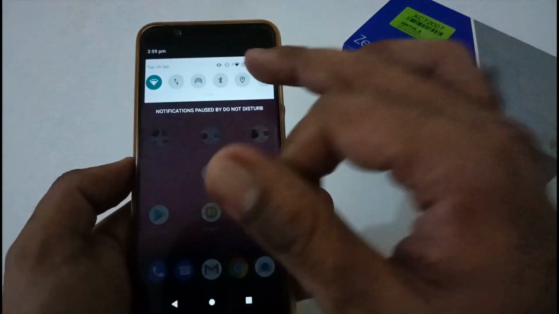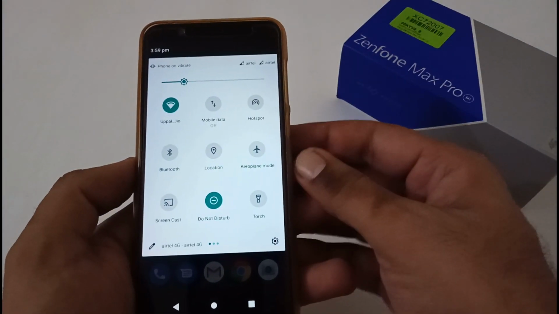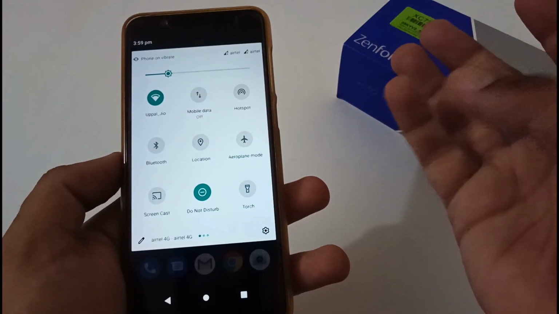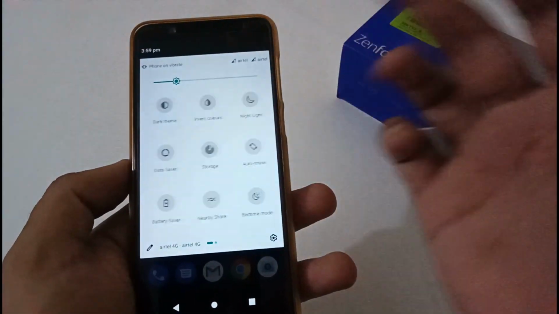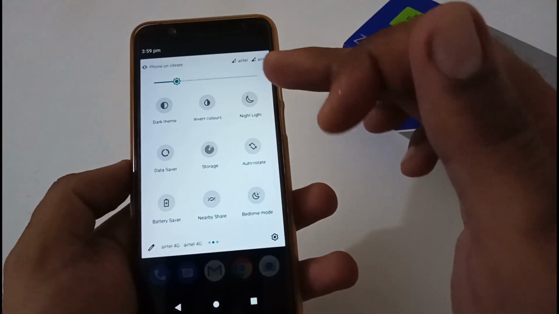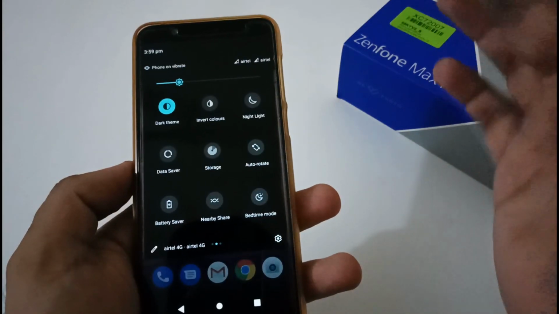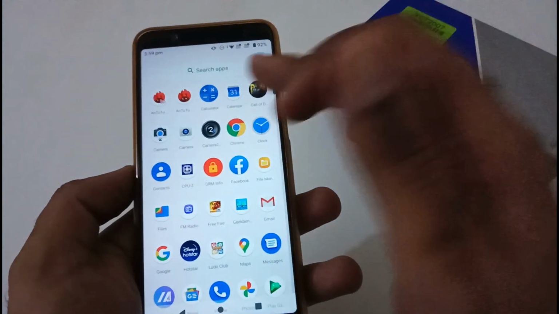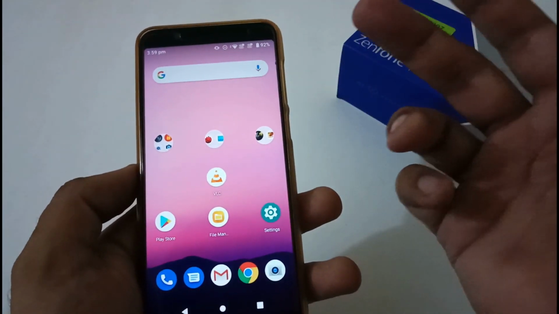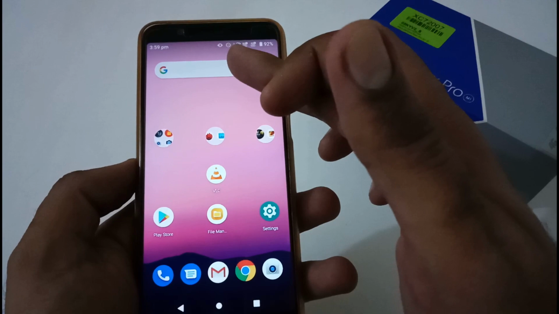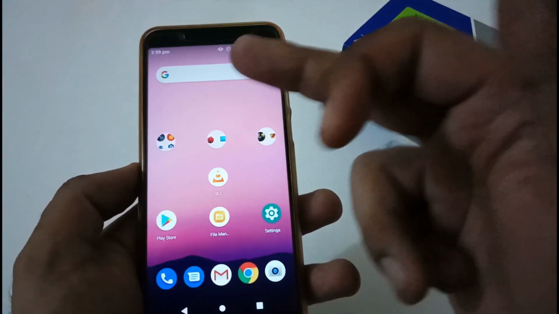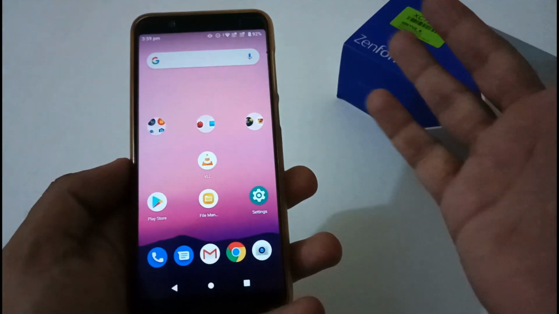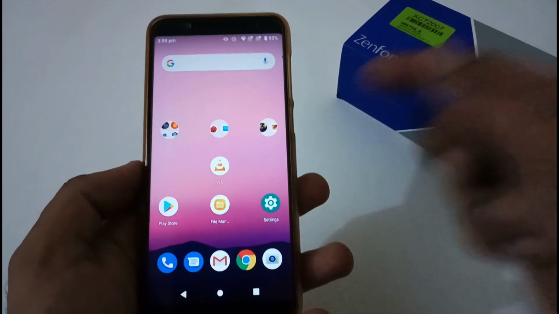So now let's move to the quick settings part. In quick settings, whatever has been available is working absolutely fine, be it the dark theme toggle, torch, hotspot, and so on. There is no problem with that. Dark theme is also working fine, and many more like nearby share and so on. It's really good. And now on the home screen, again this bug, like this is fixed. You can't change anything here. You can't move it below or somewhere else. So not sure again if this is done purposely. There is no solution for that again.